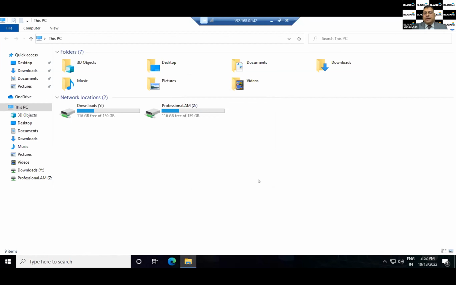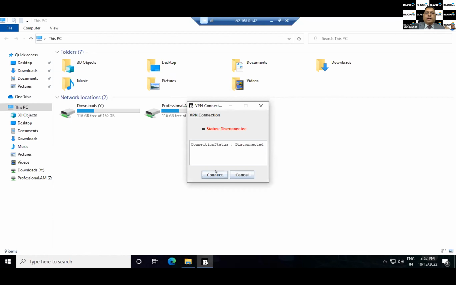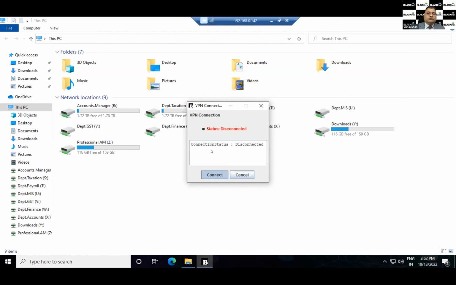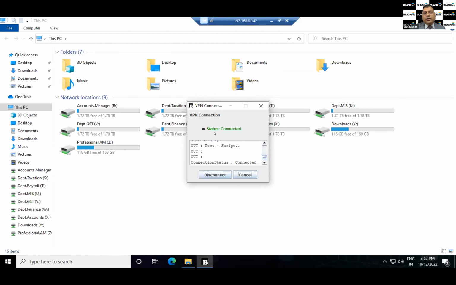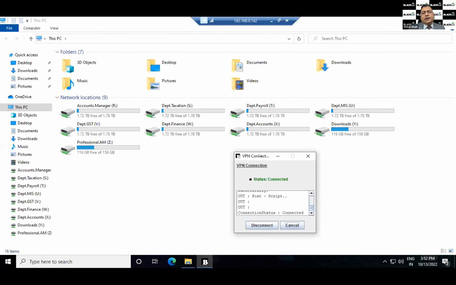So when we connect the VPN, whatever file storage, file sharing we had seen, that would be loaded over here with all the rights given to this particular user. So now your user is able to work on that particular file server as per the permissions given to him, along with all hardening. Yeah, we'll just wait. I think they have some issue connecting this laptop. So all these cloud drives are loaded, you see here.